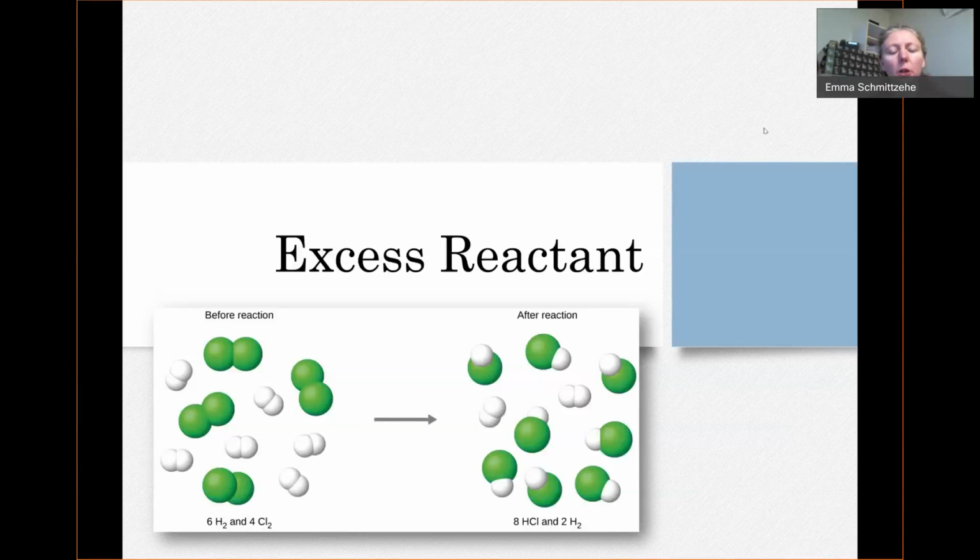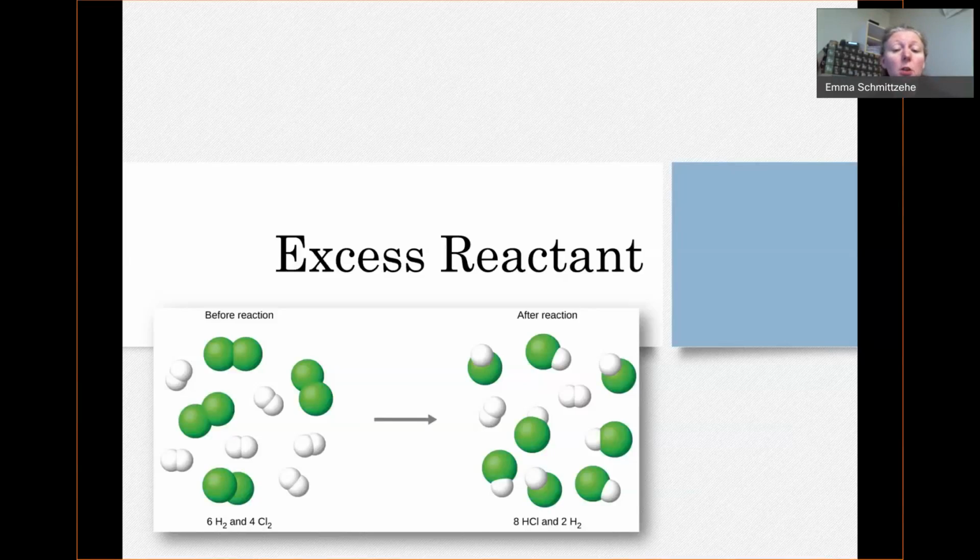Okay, I'm going to talk about excess reactant. Now, excess reactant is really exactly what it sounds like. It's the reactant that is in excess, and so there's extra of it left over. That's as opposed to what we would call the limiting reactant. The limiting reactant is the thing that limits how much product you get because it is the reactant that runs